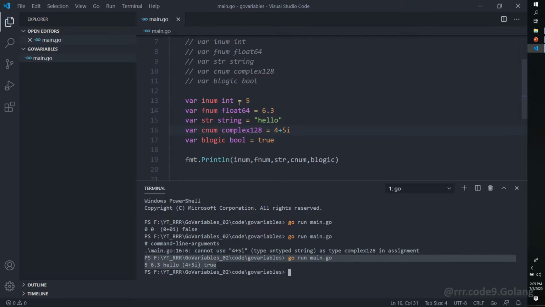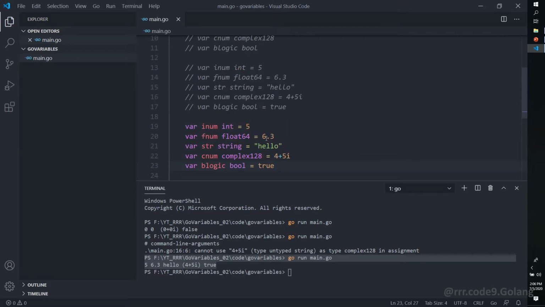So when we are initializing the variable, declaring the type of the variable, int, float64, is optional in Golang, so we can delete that. Rather than deleting here, I will just create another set of, okay, we'll do it here.